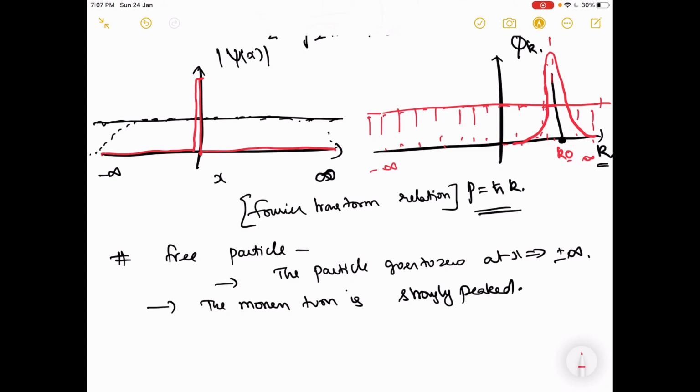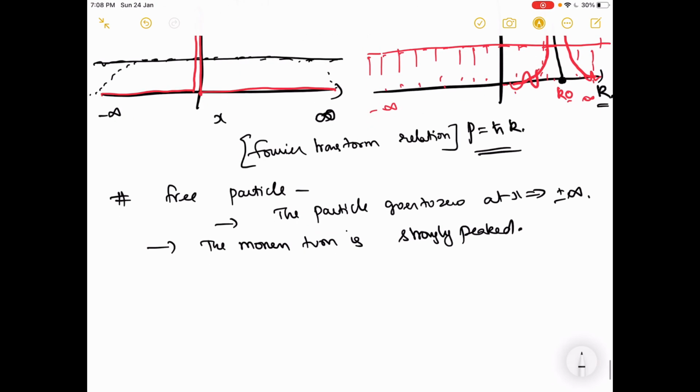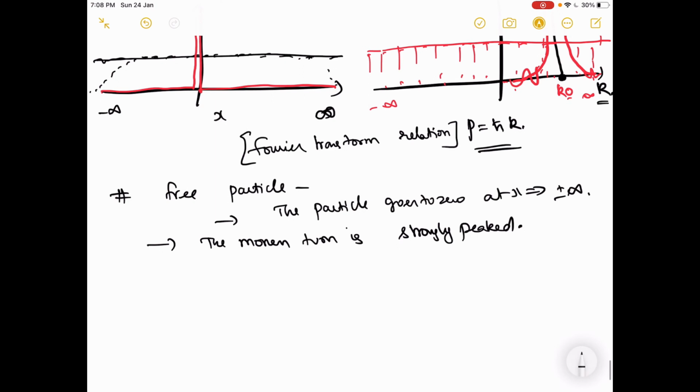The actual psi k will have a sinc form, okay? We'll not go into this right now. Maybe we will see some homework regarding this. Even if you have a delta function, if you have an almost free space, then you will have a kind of a sinc function here, okay? So in that case,